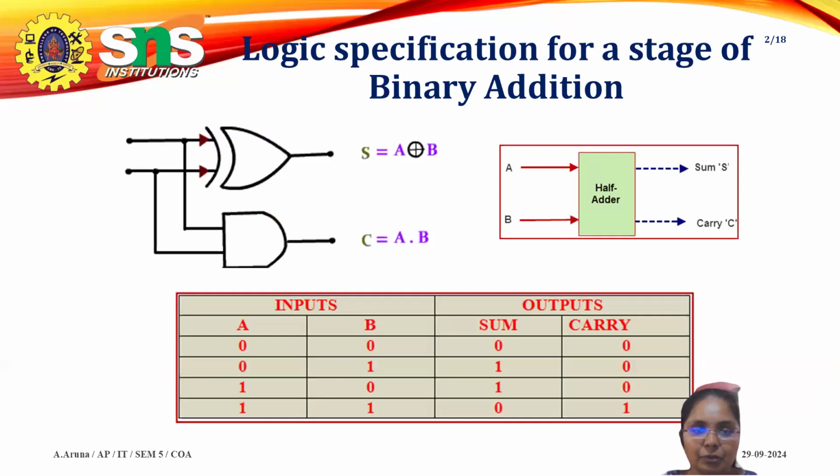We know the truth table for the XOR gate: if the inputs are the same, it will produce a false output. If the inputs are different, it will produce a true output. For the AND gate, only if both inputs are true is the output true; in all remaining cases, it will be 0. Now I am passing 1, 1 over here. Same input, so my sum is 0. What could be my carry? If both are present, the value will be 1. This is how a half adder works.